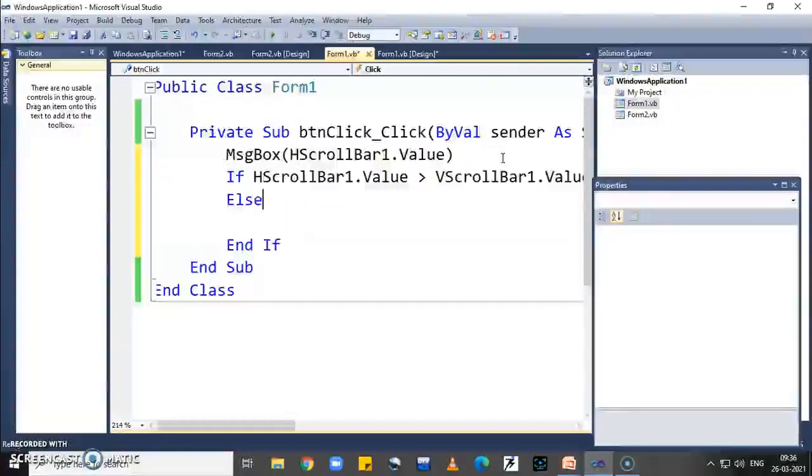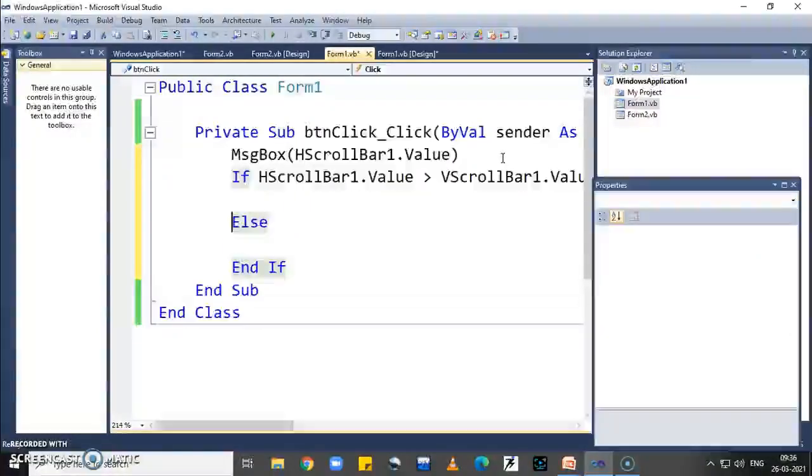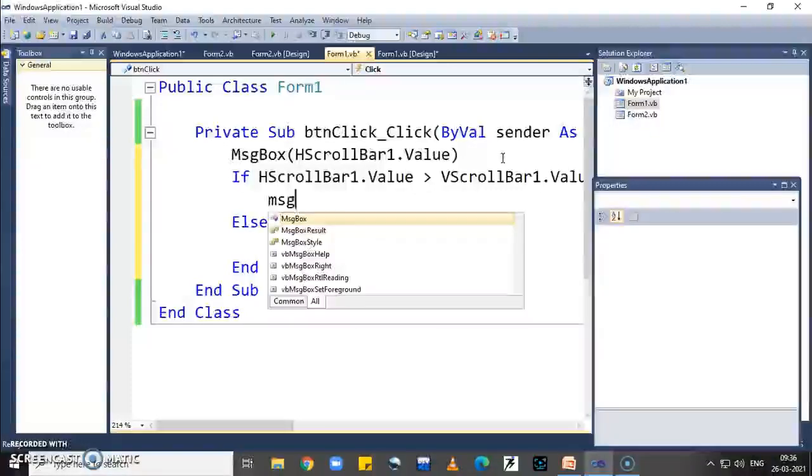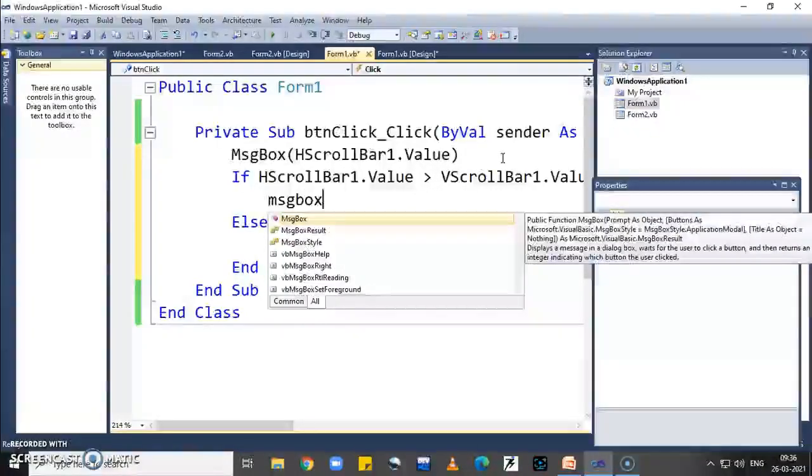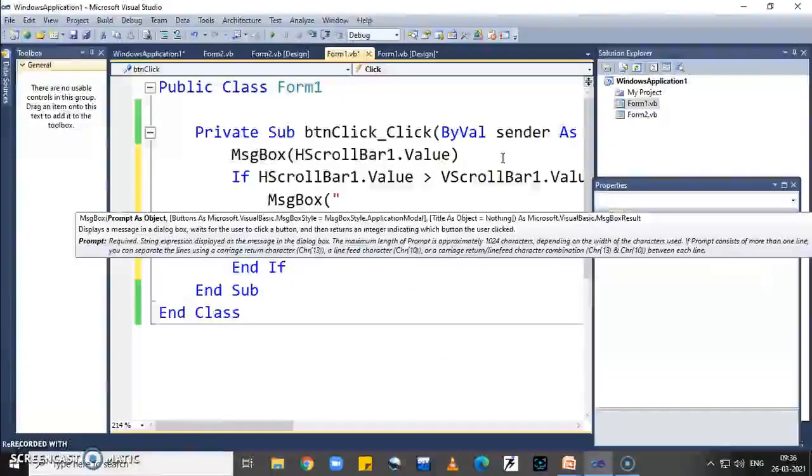Okay, now here suppose the horizontal scroll bar value is greater than vertical scroll bar, then I write one message box, message box, horizontal scroll bar is maximum.